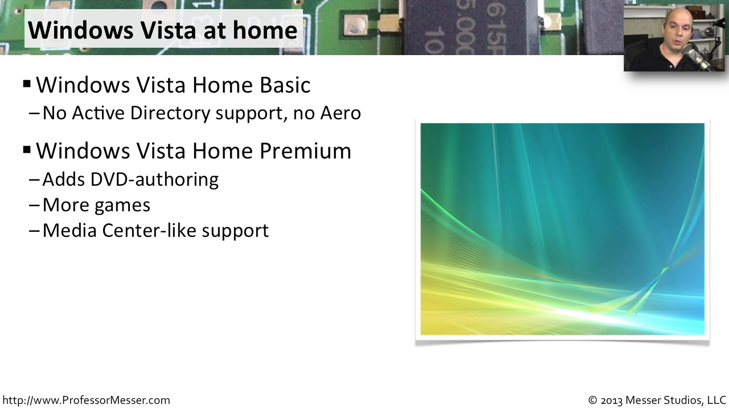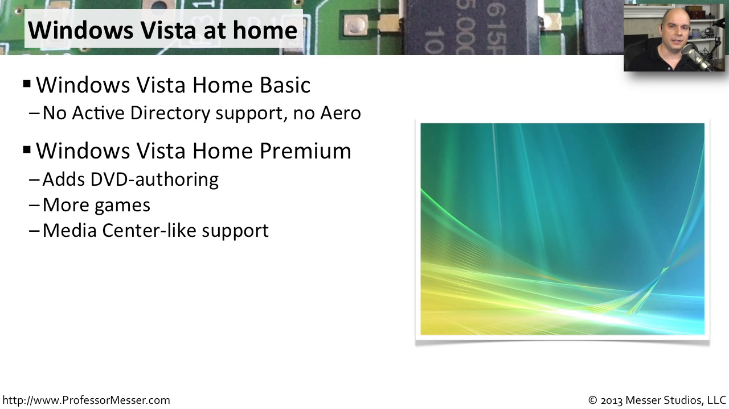The next step up from the Windows Vista Home Basic is Windows Vista Home Premium. This added some new capabilities, such as being able to author your own DVDs. There were more games included with this version of Windows Vista, and Windows Vista did not have a standalone Media Center version. So the Windows Vista Home Premium was the first version that allowed you to have Media Center-like support